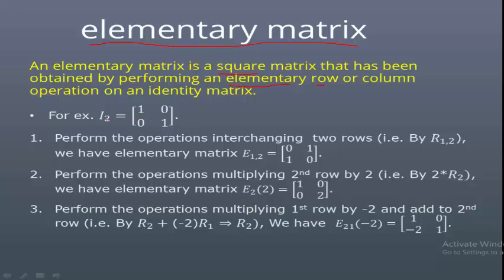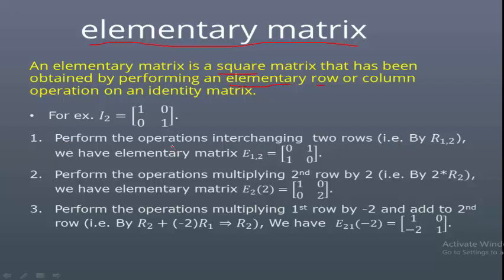So consider the identity matrix of order 2, that is I2. There are only three row operations: interchanging of two rows, multiplying a row by a non-zero constant, and multiplying any row by a non-zero constant and adding to another row. So we get only three types of elementary matrices. See here, first example,